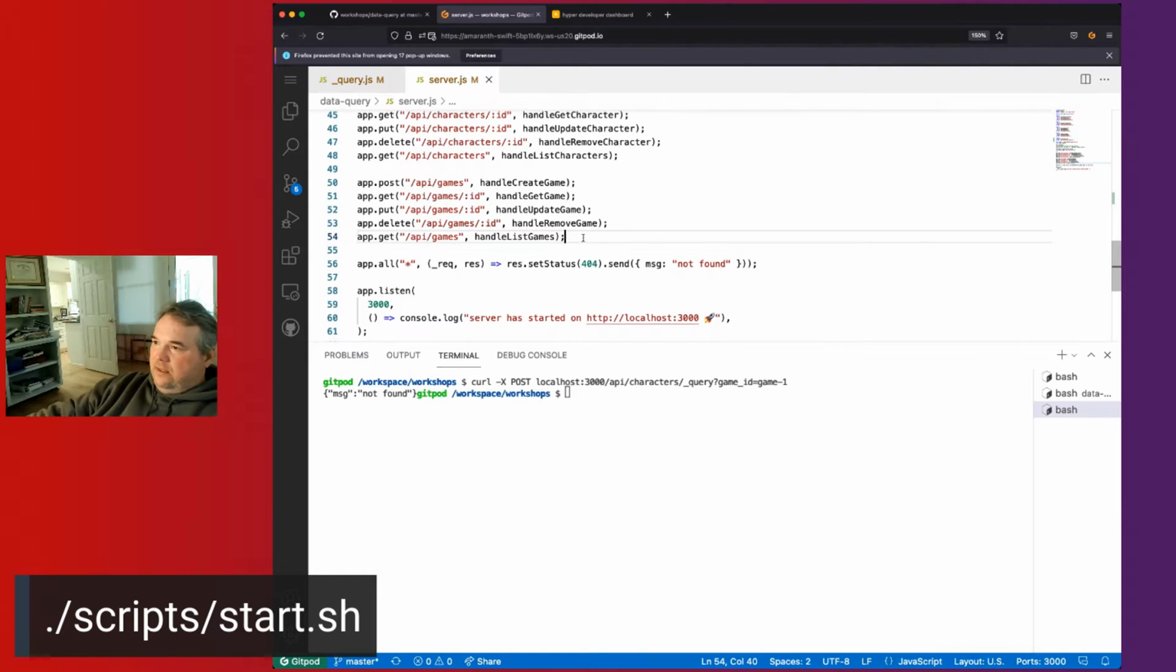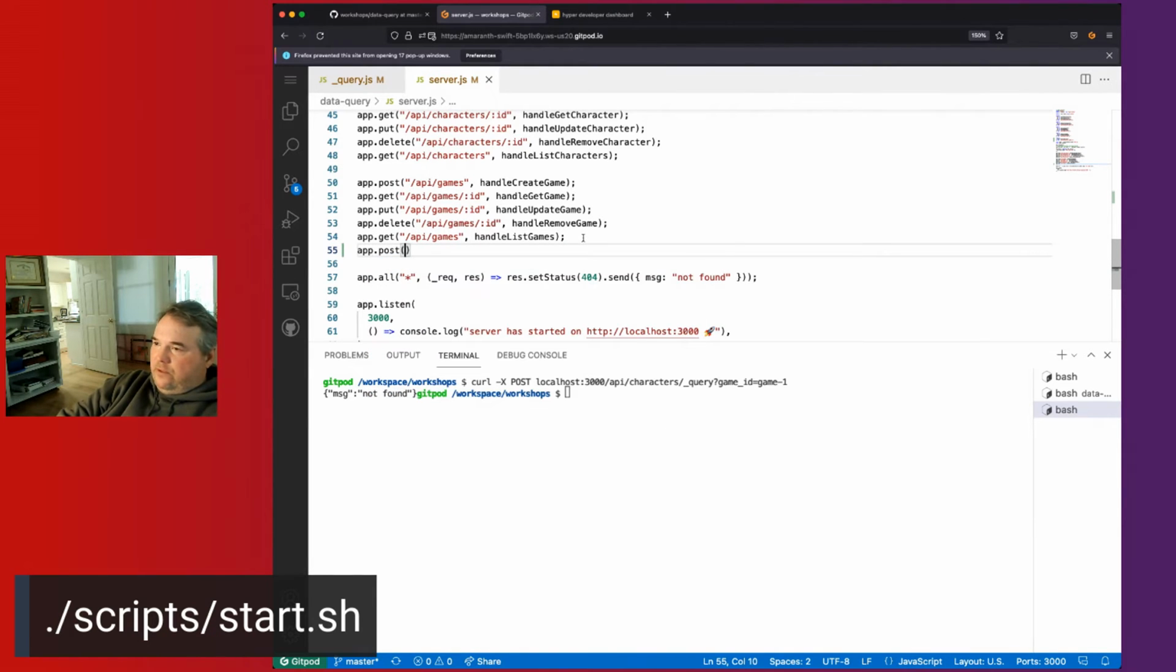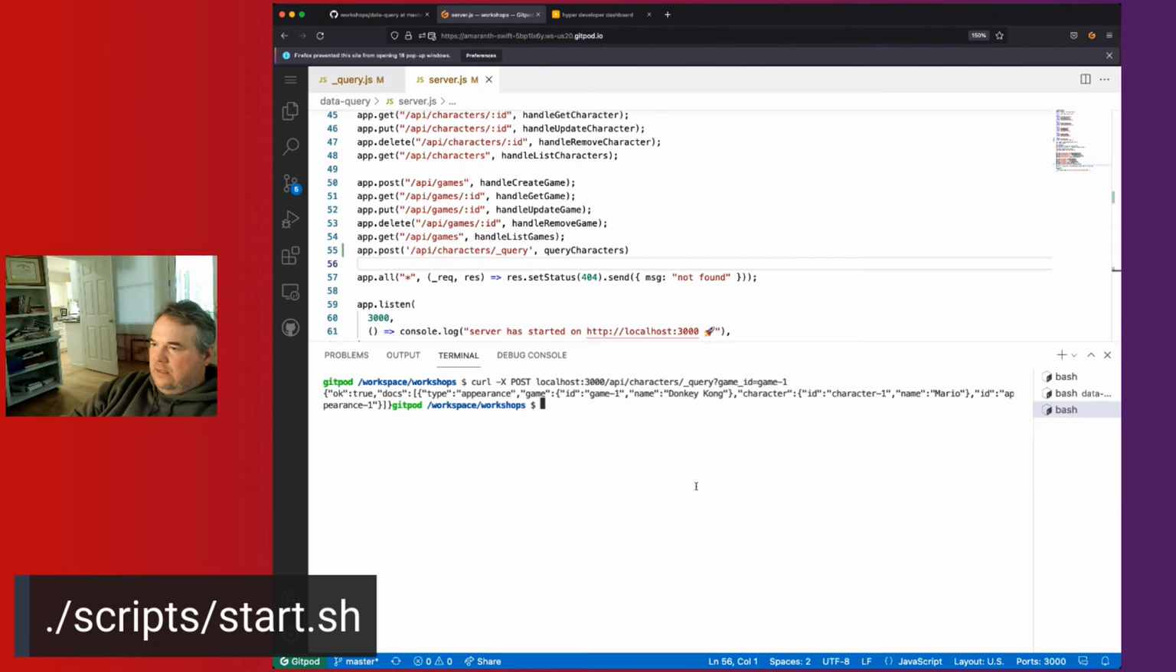It's going to be at.post, oops, slash API slash characters underscore query. And we want to query characters. Okay. Now let's see if we get better results. Sweet. So we got for the